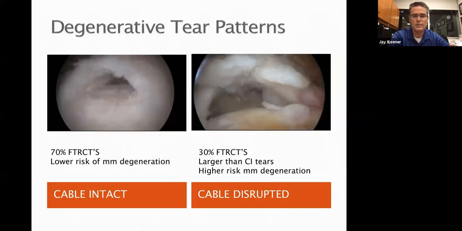So if you look at our ultrasound mapping studies for degenerative tears, the majority of them are what we call cable intact, which means that the tissue on the front edge of the supraspinatus is intact. And these tears, which are seen about 70% of the time, have much lower risk of muscle degeneration as opposed to the larger cable disrupted tears where the biceps tendon is uncovered, the supraspinatus pulls off, and these tears tend to be larger than the cable intact tears. And these tears also have a worse natural history in terms of not tear enlargement, but the development of fatty